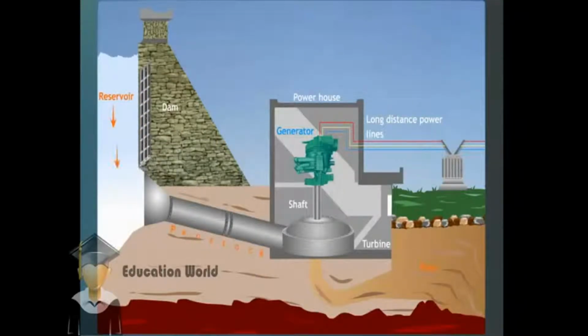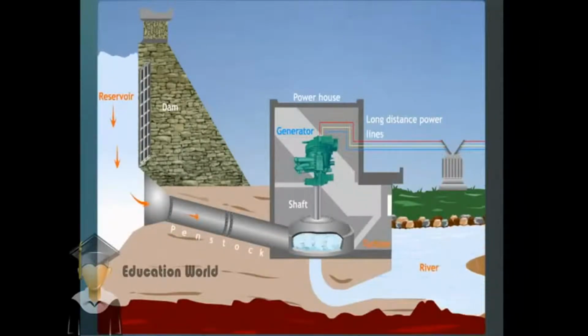Water flows through the penstock and rotates the turbine. The flowing water rotates the turbine, which is placed at the end of the penstock. The turbine, in turn, rotates the shaft that is connected to the coils of a generator. These coils are placed in between strong magnetic poles. The rotating shaft turns the coils. The change in magnetic field due to the movement